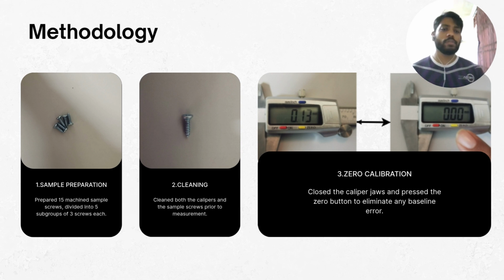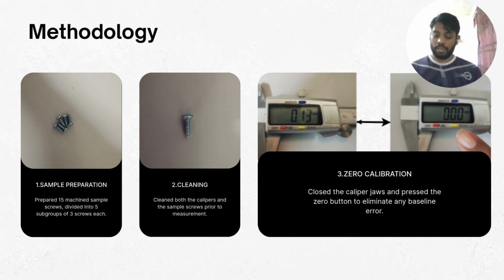So first of all, we need to prepare some samples of screws. We have a total of 15 machine screws, and we are going to divide them into 5 subgroups. Each subgroup will have 3 machine screws, chosen at random. And then we are going to be cleaning any debris from the machine screws, as well as the edge of the vernier caliper itself, to prevent any debris being stuck, which can cause an error